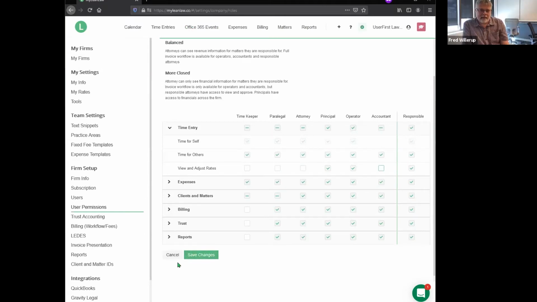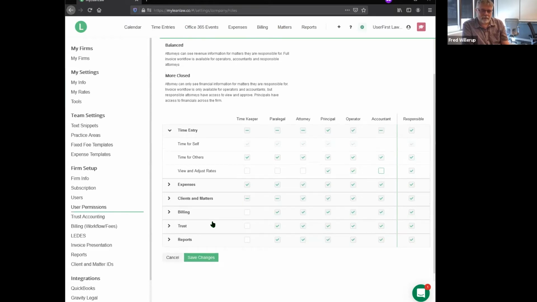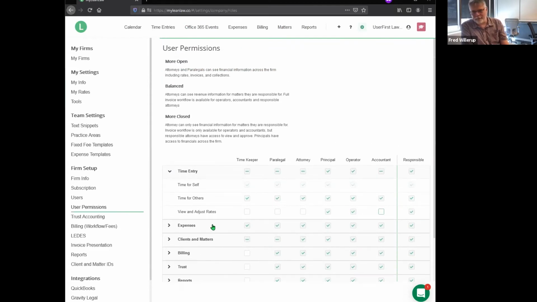And just as an aside, adjusting permissions is a pro-only feature, or if you signed up for LeanLaw early on, what we call Pioneer. But if you just have our core subscription, you will just have to live with the default